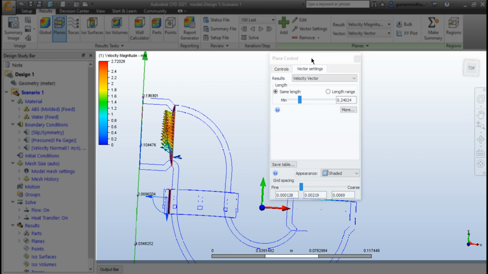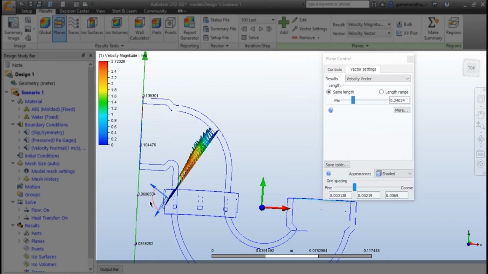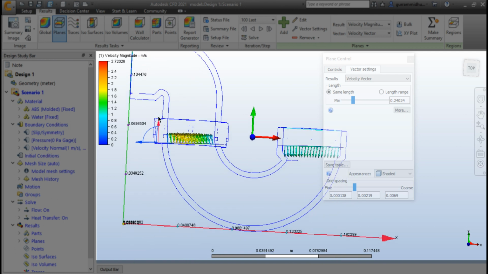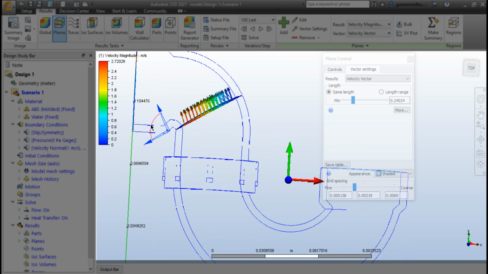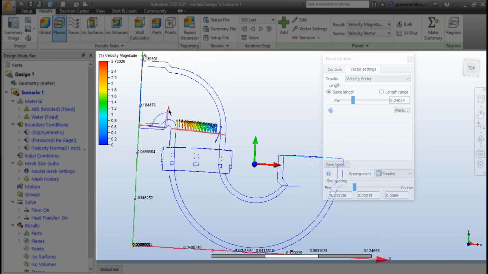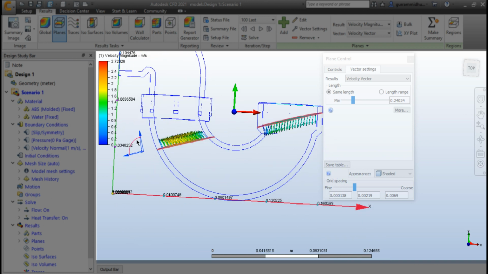You got me right? I'm going to incline this plane, and everything is perfect in here, but when it comes to here, the vectors are being reflected back. Perfect. Everything's quite good in here also.